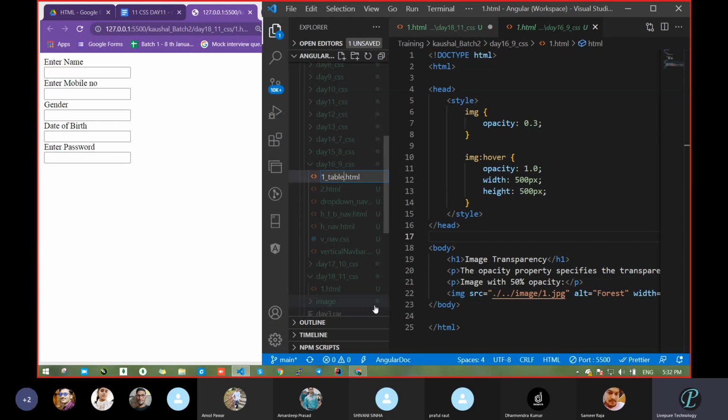Then you will get the sequence that this is the first content, and then second, underscore image dot html. This way you will get an idea of that particular topic.